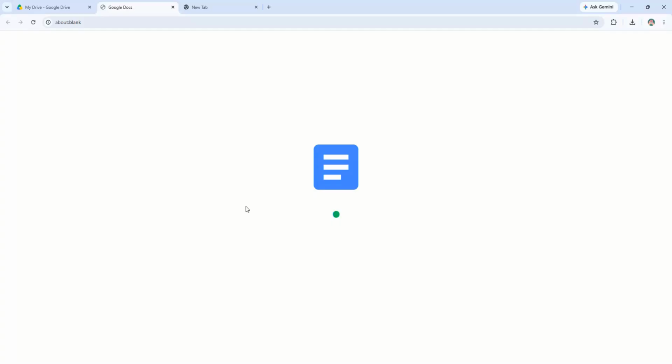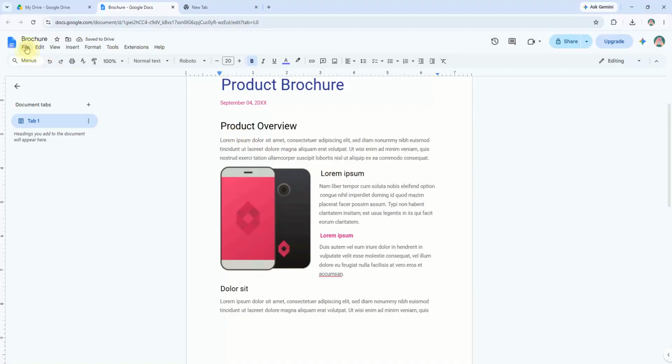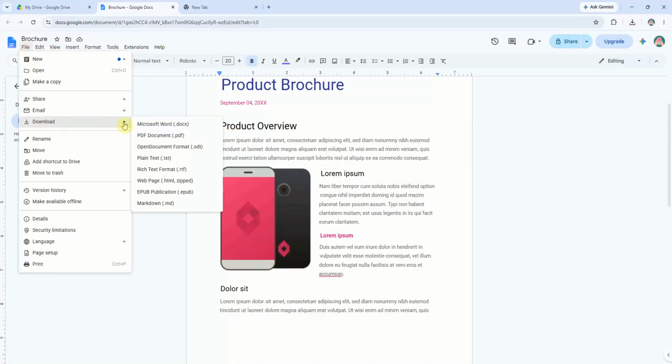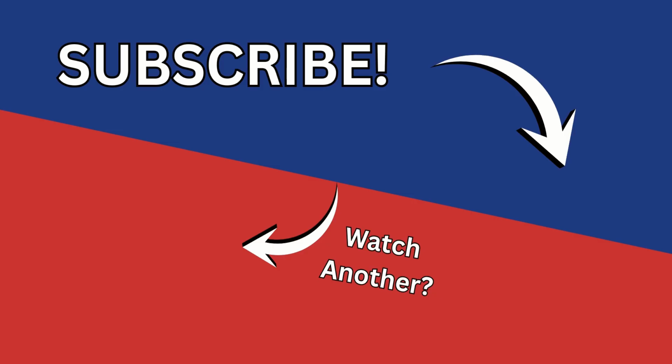Once you've made all your changes, you can save it back as a PDF. To do this, go to the File menu in the top left, then hover over Download and select PDF Document from the options. Your edited PDF will be downloaded to your computer. Remember, while Google Docs does a great job with basic editing, complex PDFs with lots of formatting might require more